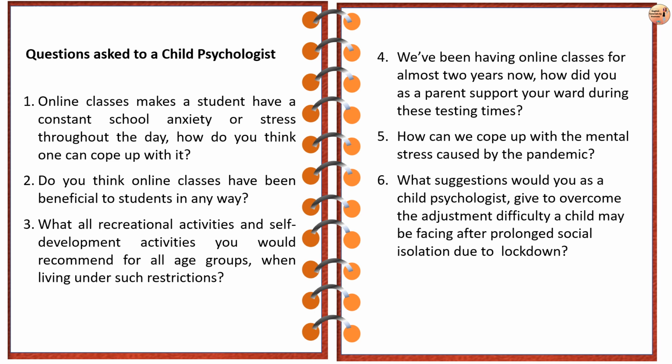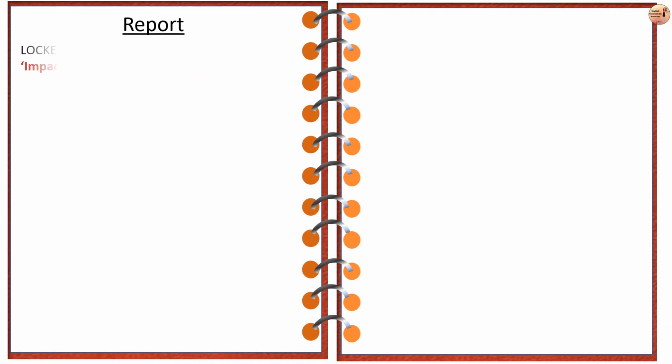Question number 6, what suggestions would you as a child psychologist give to overcome the adjustment difficulty a child may be facing after prolonged social isolation due to lockdown? Like this, you can prepare any questionnaire related to the topic you have taken and complete your questionnaire. Next sheet will be